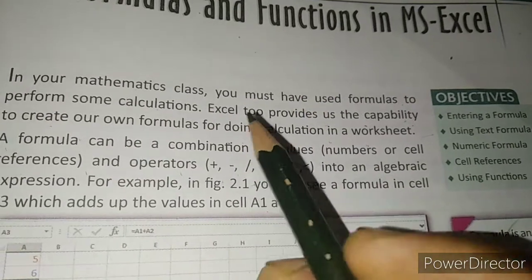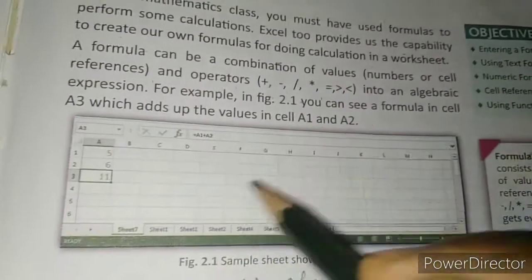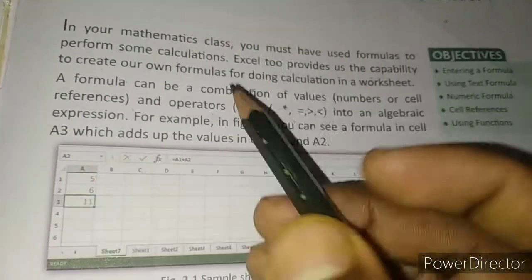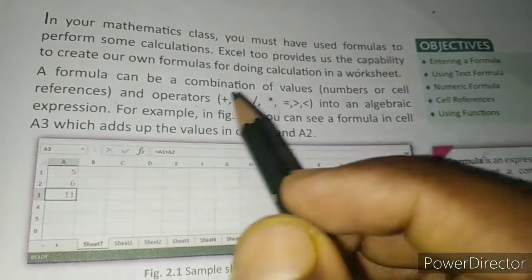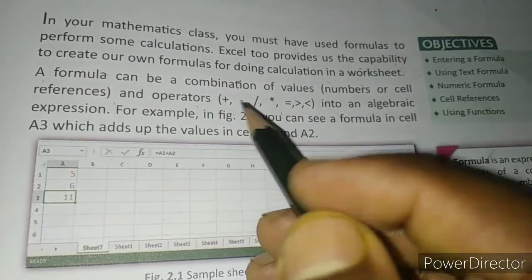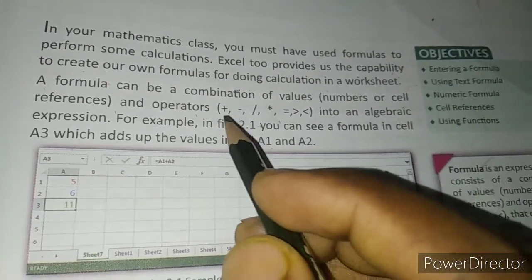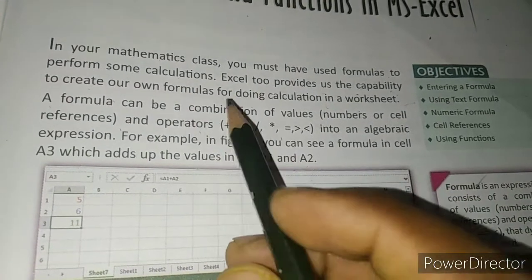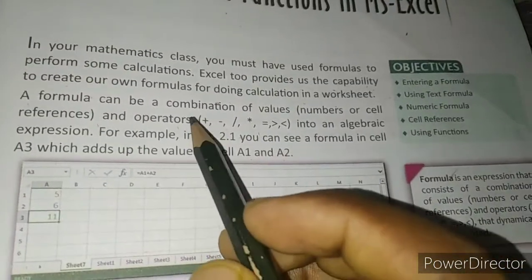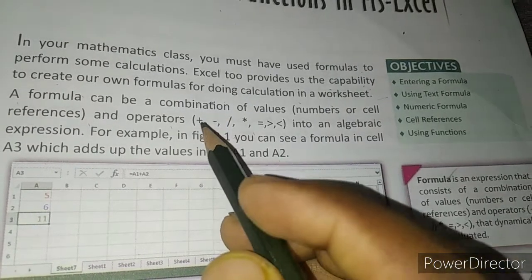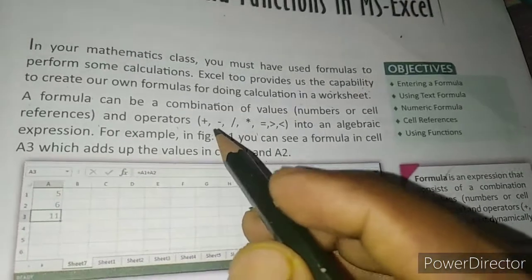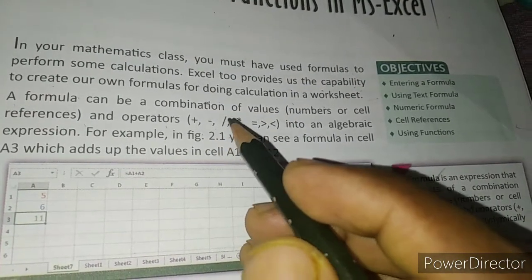Likewise, in Excel we can also use formulas. First of all, we should know what a formula is. A formula is a combination of values and operators to perform some task, to calculate some values. In mathematics, a formula can be a constant. In the formula, constants and variables are there with operators,